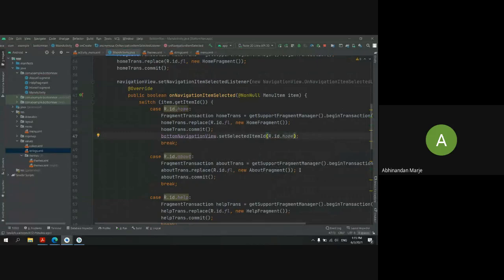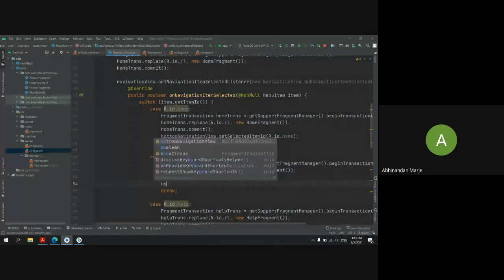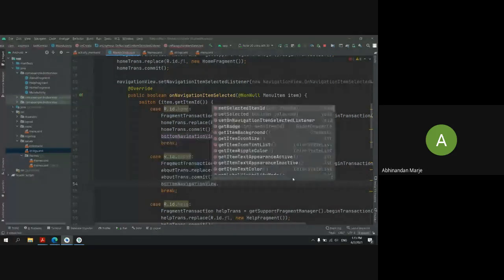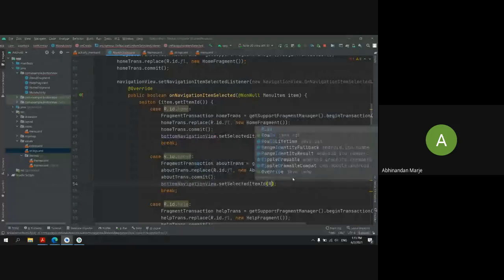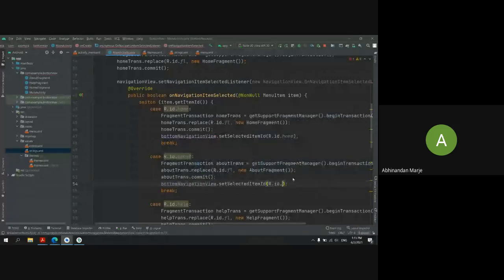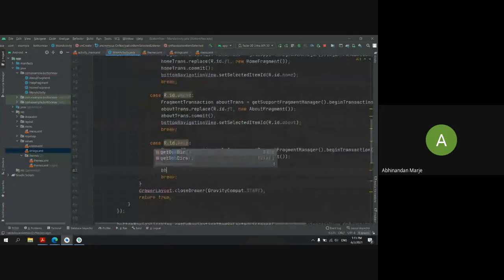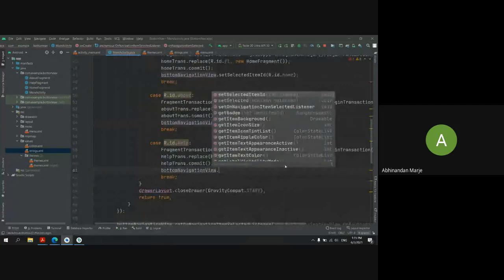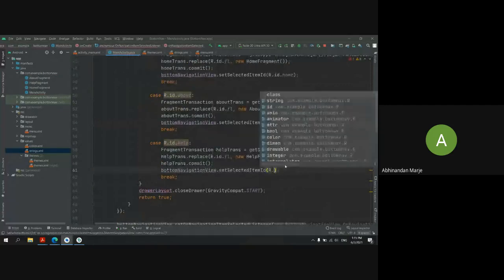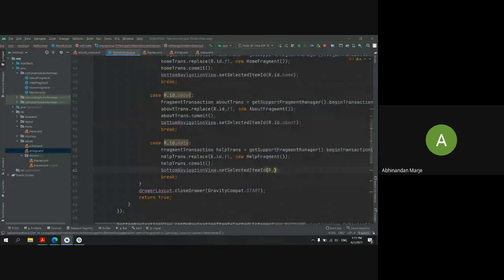The same thing here: when I'm in the About fragment, I want to update my bottom navigation to about, and here also for help. Right. Now if I run my app again,